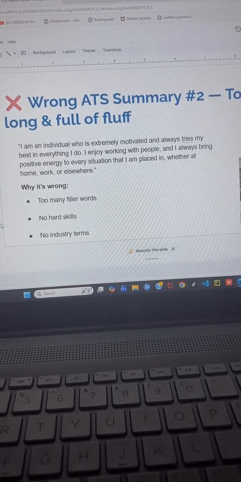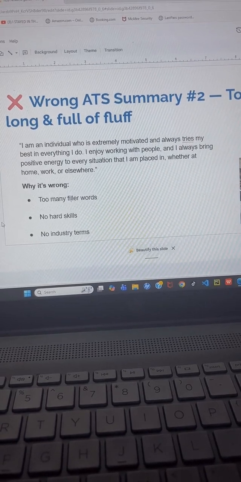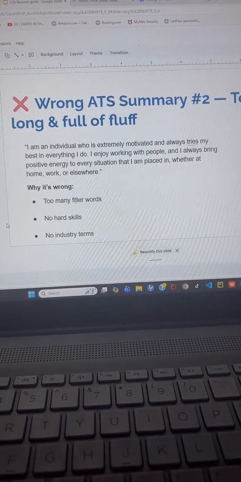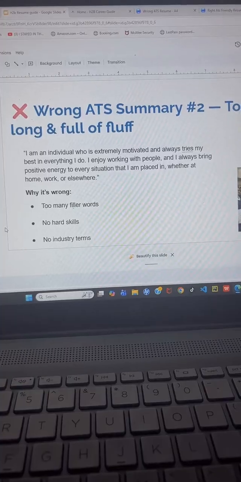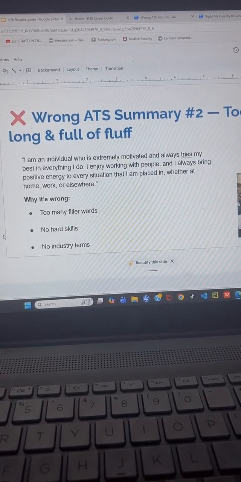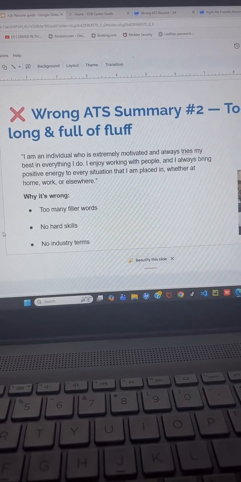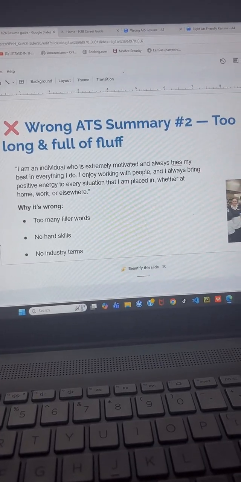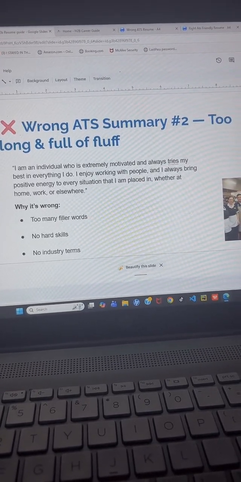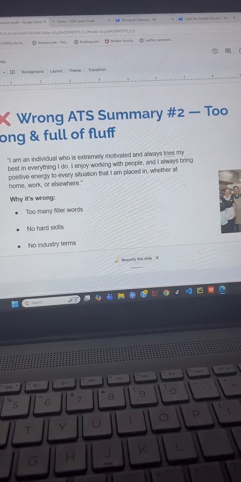Alright, and then again, you don't want to use too many words. You don't want it to be too long as well. You don't want it to be like you stuff it and so forth.